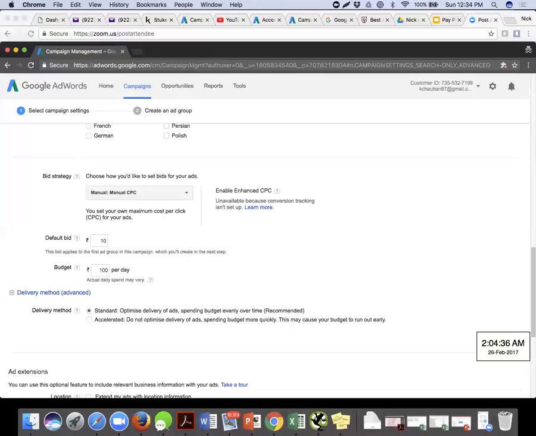Sure. In the accelerated way, if we go, what will happen? The overall ad will run only for that time period till the clicks are exhausted, as long as clicks keep coming. So at 12 o'clock we will start, and till the time the 100 rupees are exhausted, my ad will keep running. My budget will not be spread out throughout the day. So from 12 midnight, let's say till 12:30, my budget is exhausted. The 10 rupees, 10 rupees, 10 rupees bifurcation throughout the day will not happen in the accelerated manner. So this is one delivery method.